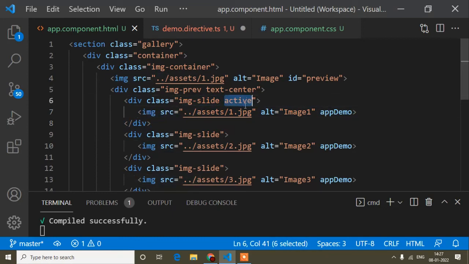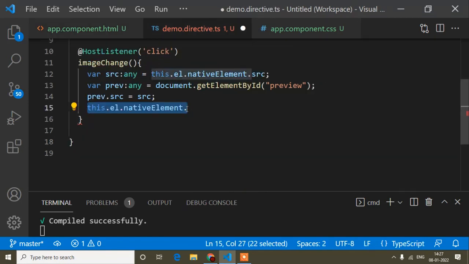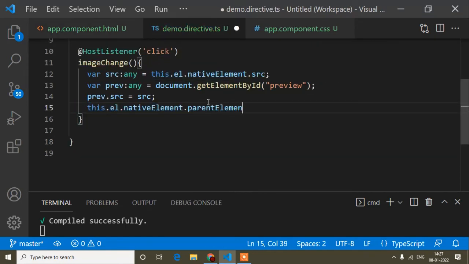So which image I click, the active class should be added there, and from the first image it should be removed. Suppose if I click the second image, by default the active class is added on the first image, so it should be removed from there and added here. So that's why dot parent element dot class list dot add active, like this. So I save this one and I will check whether it's working or not.